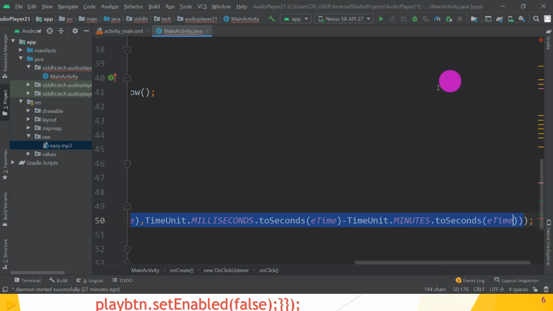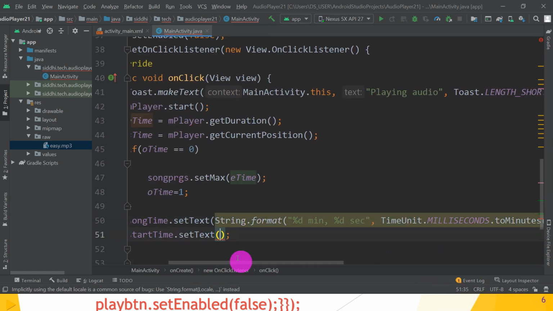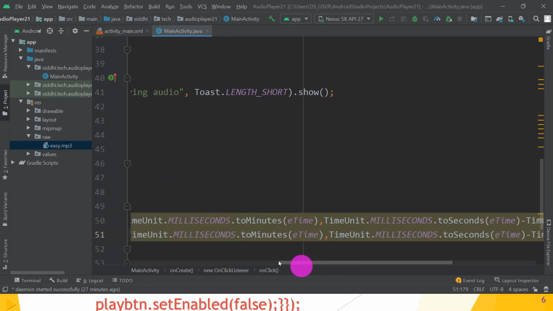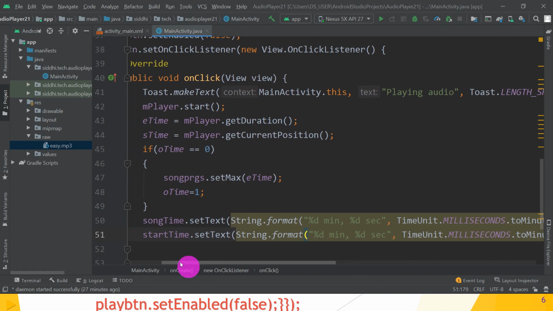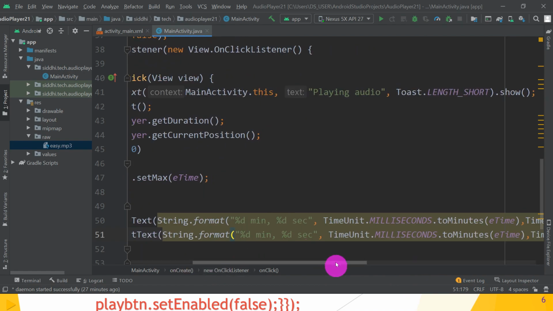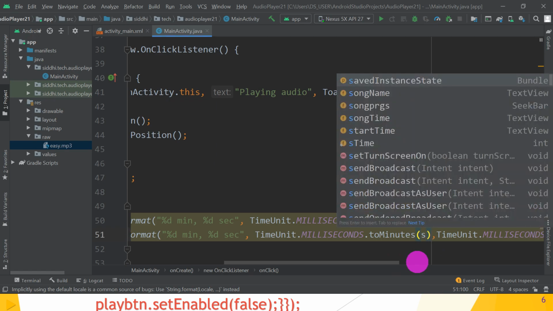So it reduces our time to write the code and gives you start time. So minutes and seconds. Okay, great. Then time unit dot milliseconds dot to minutes, and here what we have to pass, not end time, it is start time. So choose start time.